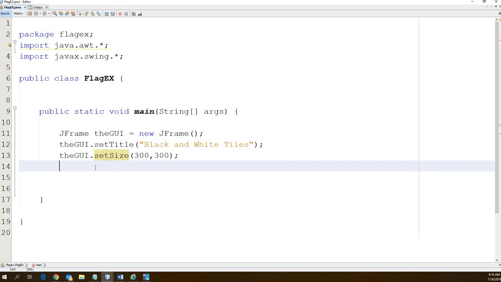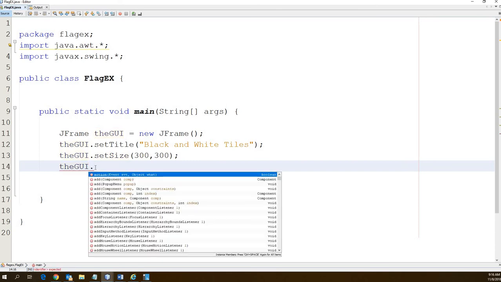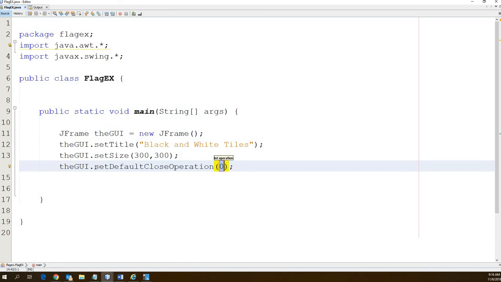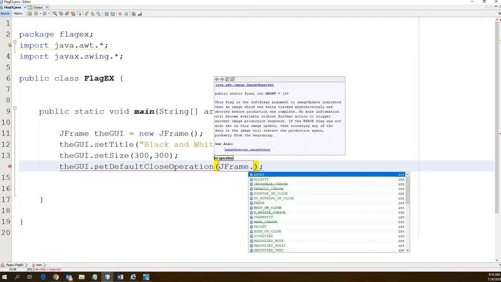Okay, so now we have size and title. There's one more thing that we have to do, and this actually leads to something a little funny if we did it right. We have the GUI, right? Dot set default close operation. And then we're going to go JFrame, this is our argument, dot exit